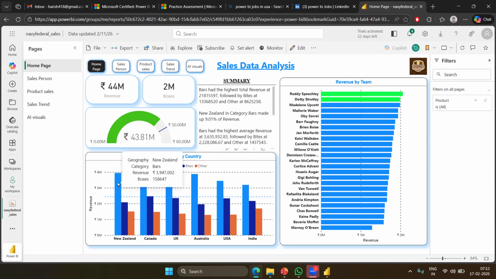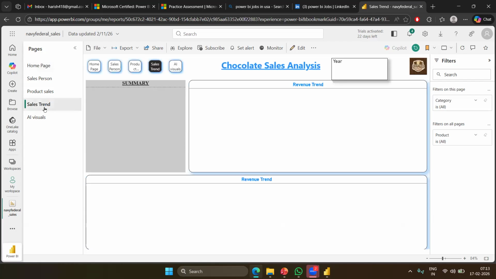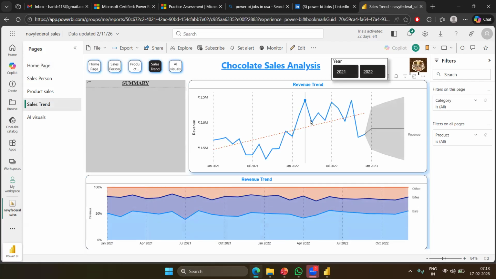So just think of it, say I'm having the business across 4 or 5 countries. Now I know I scored about 44 million. So the first thing that comes is, which country is on the top? Which country is on the low? Or which kind of products are being sold? Now if I show you the sales trend in the line chart, it is just summarizing the things. So let us give a couple more seconds.